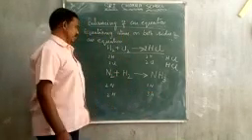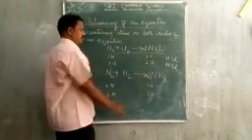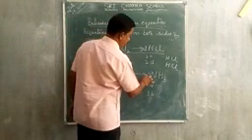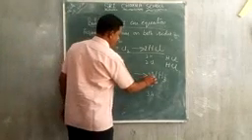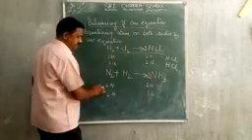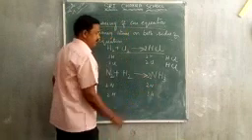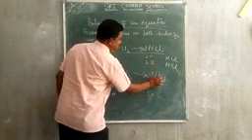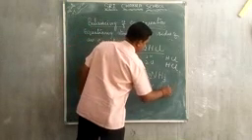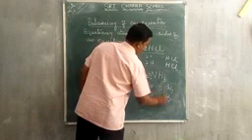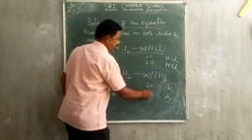To balance that, you multiply this one by 2. If it is multiplied, we know there are 2 molecules of ammonia, 2NH3. Therefore, 2 nitrogens are there. This side also has 2 nitrogens. But on this side, how many hydrogen atoms are there? 2 times 3 is 6 hydrogens. 2 H3s. How many hydrogen atoms are there? 6.